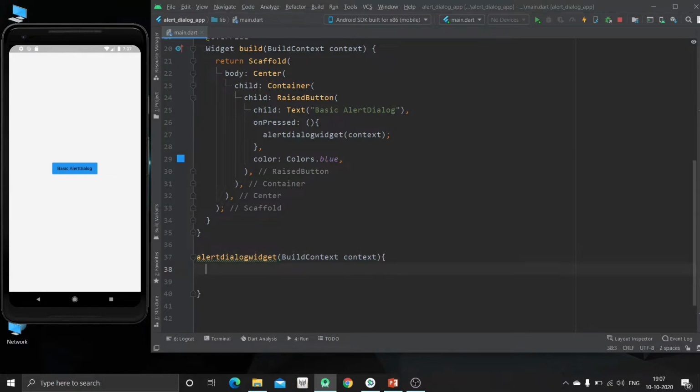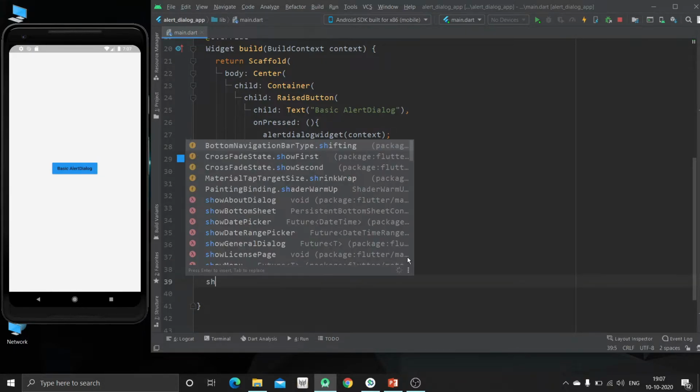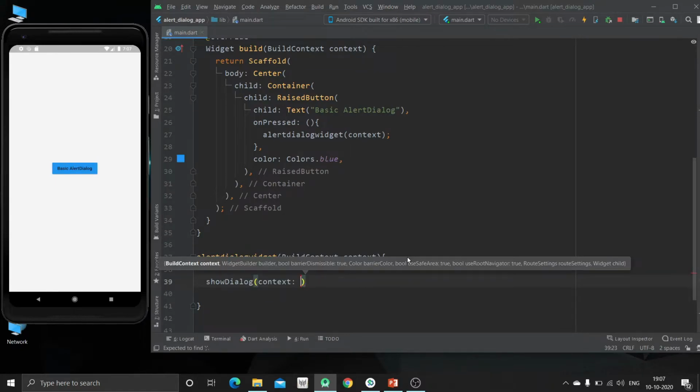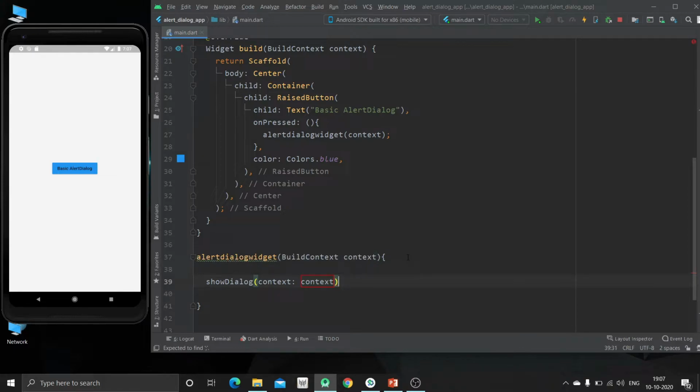Now what we are going to do, we are going to use showDialog. Here we will pass the context and we will create the builder. Now we will pass this BuildContext inside this.